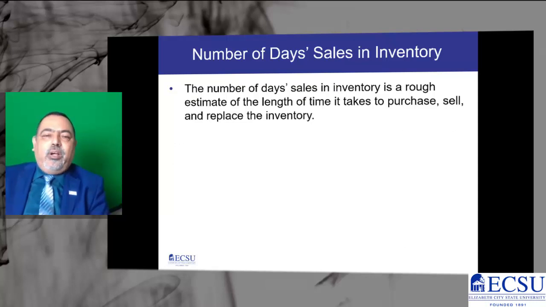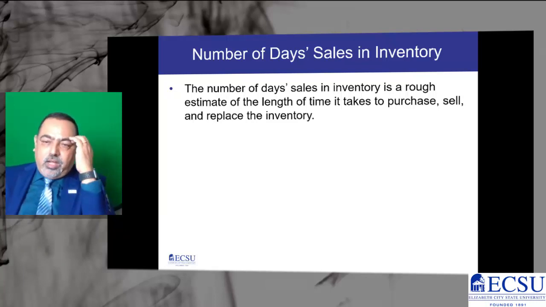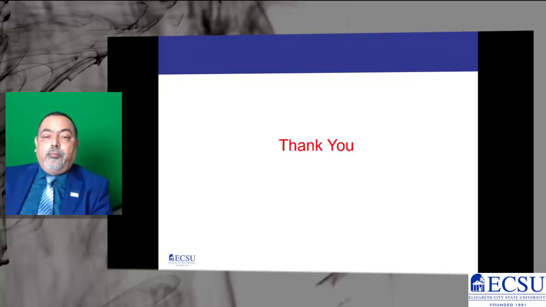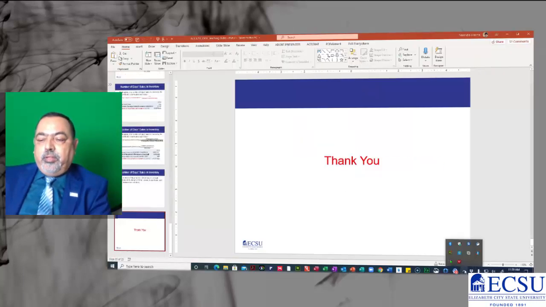Now, as I said to you, the rolling of the inventory is just a rough estimate as to how many days does it take to purchase, sell, and replace the inventory. The faster you roll over the inventory, the better it is, because you are not sitting over the inventory in your shelf or in your godown. So now with that, I come to an end of this presentation, this part. So I'll be revisiting